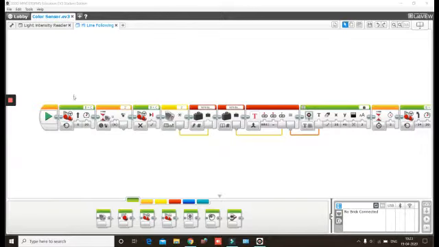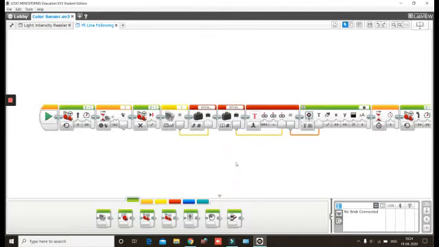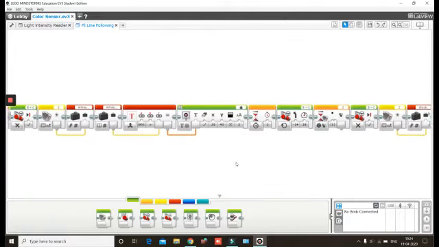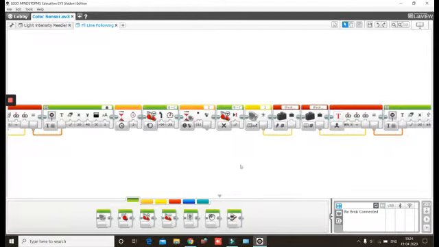So, first the robot goes forward until it detects white color, and then it stops, and then we use this color sensor block to read that reflected intensity, and it should be stored inside a variable. Then the values are displayed as text. It is optional if you want. Then the robot turns left until it detects black color, and then it stops, and we take another color sensor block and store it in a variable.